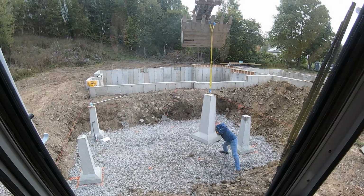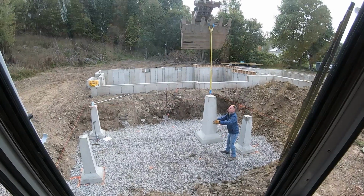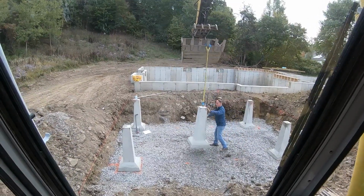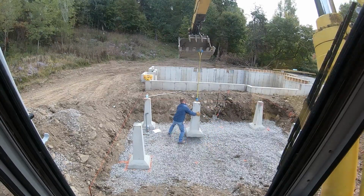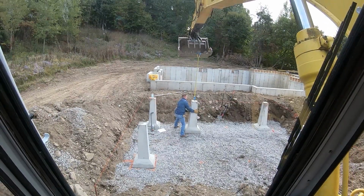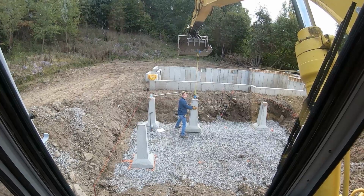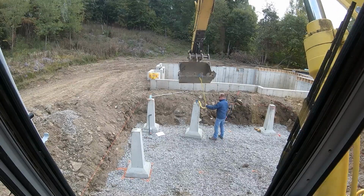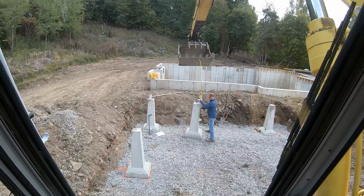Cleaning the dirt on the bottom. Far left corner. Hopefully we got the reach pretty tight. Oh, hang on. I gotta readjust. Hey, I gotta get closer. And we're back. Hopefully I got close enough. I don't know. Pretty close, but